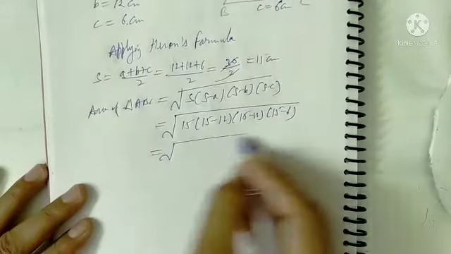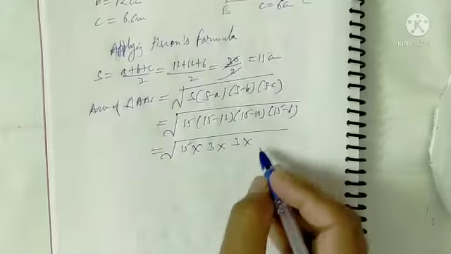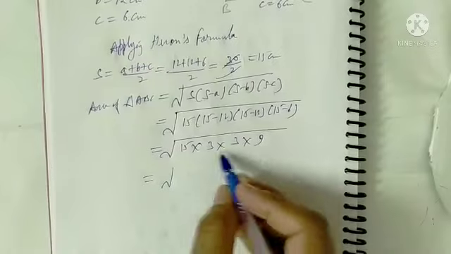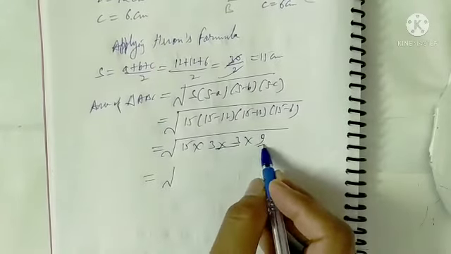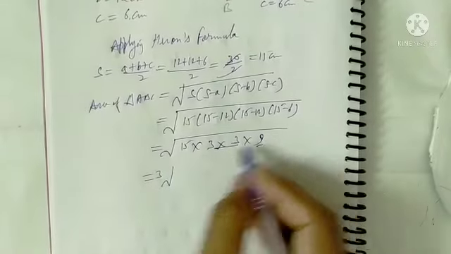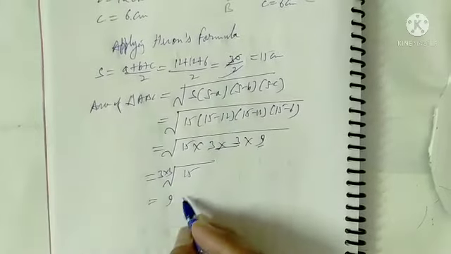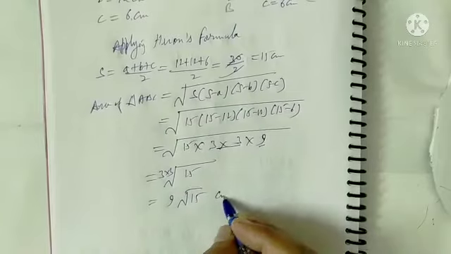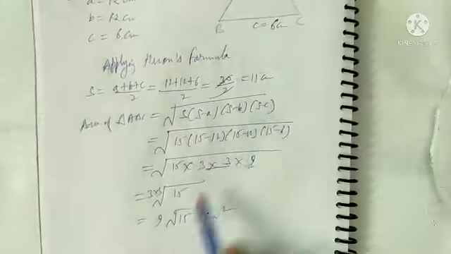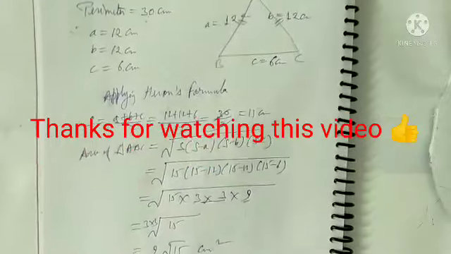Now, it's very simple. 15 is 15 only. This is 15 minus 12, 3. 15 minus 12, again 3. 15 minus 6, 9. Now you can see this 3 is paired, take 3 outside. This is 9. What is the square root of 9? 3. So again 3 will come outside. This 15 will not come outside, the 15 is 15 only. So 3 times 3 is 9. So 9 under root 15 centimeter square is the final answer of this question. So it's done, very easy. Only the calculation part you should observe, otherwise everything is easy. So the exercise is done.